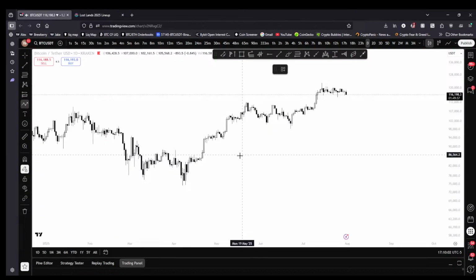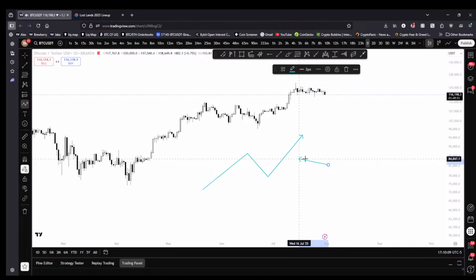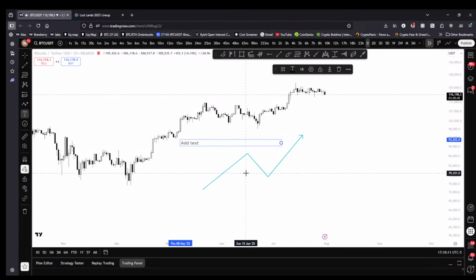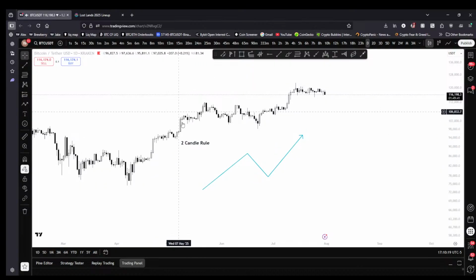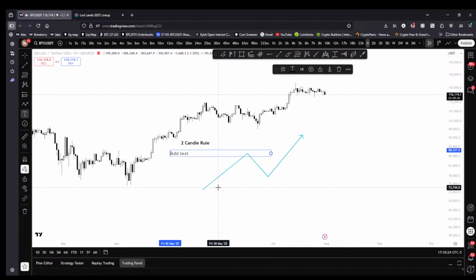So when we're understanding what constitutes a low and a high in structure, we need to go over the 2-candle rule. Right? What is the 2-candle rule? It says that in order for something to be a valid high or a valid low, at some point in that move, in that leg up or down, there needs to be 2 consecutive candles closing in the same direction, with the second candle